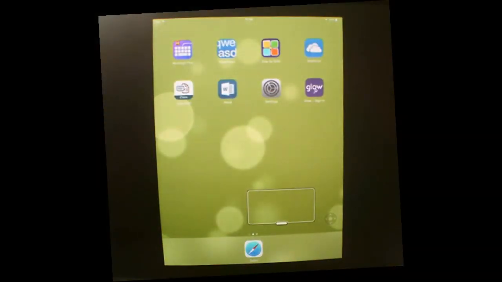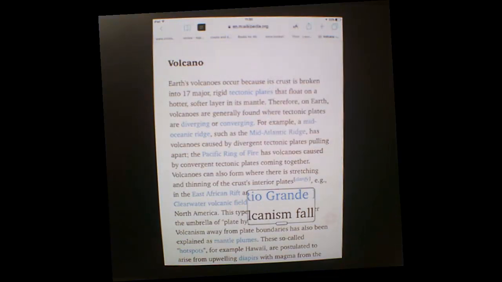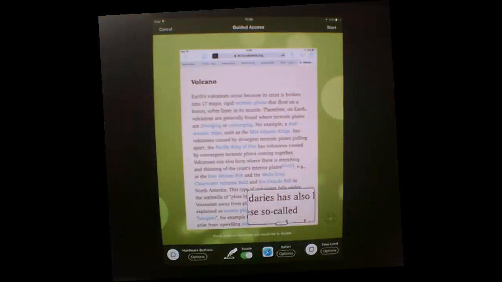So if I go into a particular app, I am going to go into Safari. And in order to start guided access, I triple click the home button. 1, 2, 3. The guided access screen has come up, and within there at the bottom right hand side I can set a time limit. So I'm going to go on to time limit,